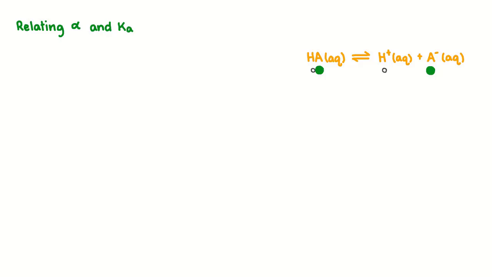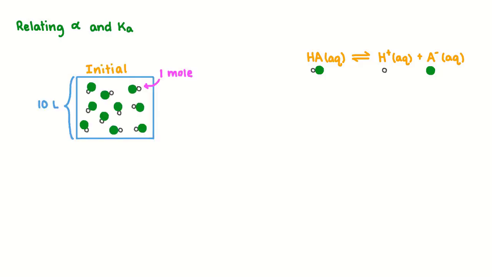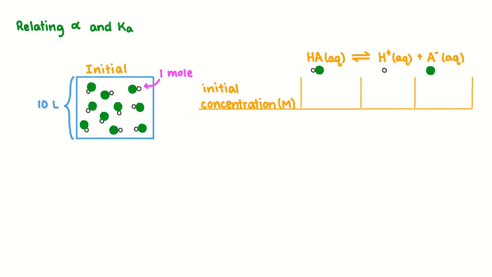Let's consider the following example. In this diagram, one HA picture represents 1 mole of HA. So initially, 10 moles of HA, a weak acid, are dissolved in water to produce 10 liters of solution. This means that the initial concentration of HA is 1 molar, and the initial concentration of H+ and A- is